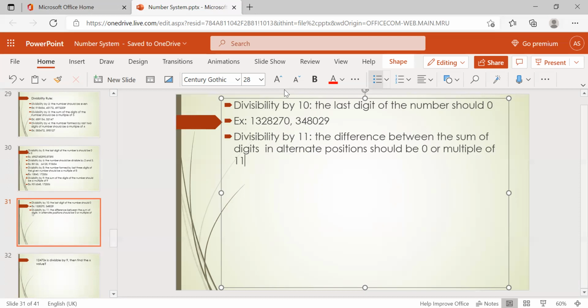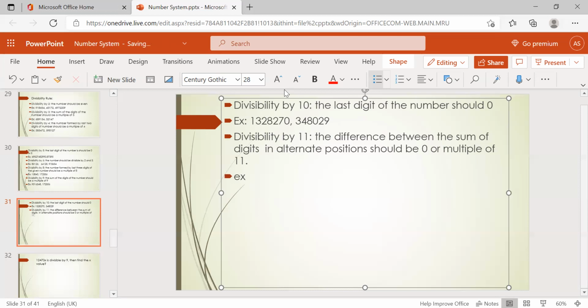So why are they giving such a big rule, you may ask. Just check this rule first of all. Divisibility by 11 is nothing but the difference between the sums of digits in alternate positions being 0 or a multiple of 11. So how? Check.